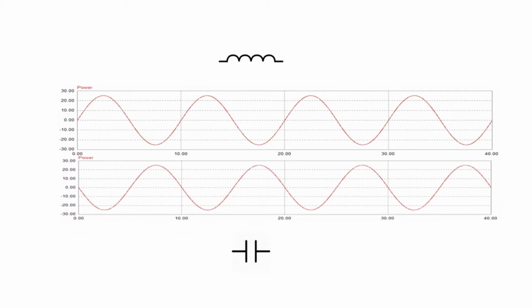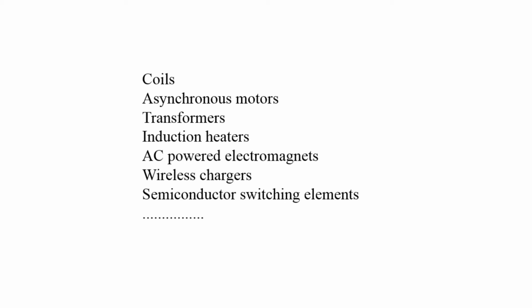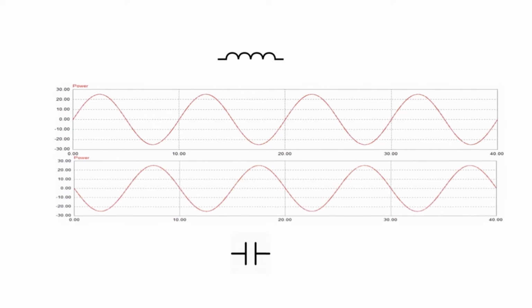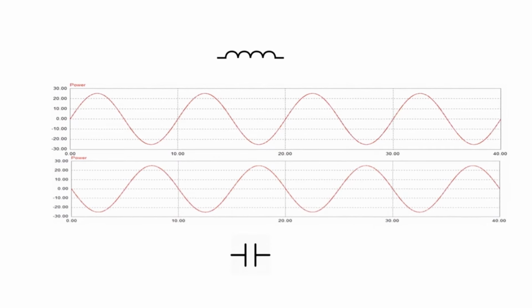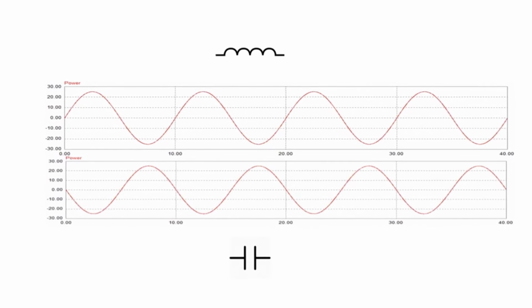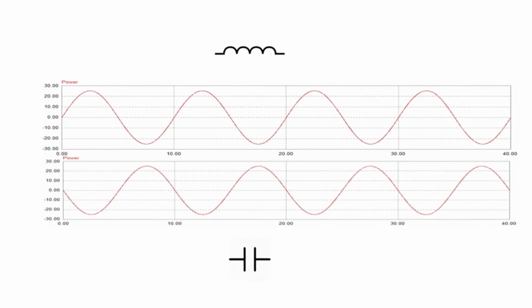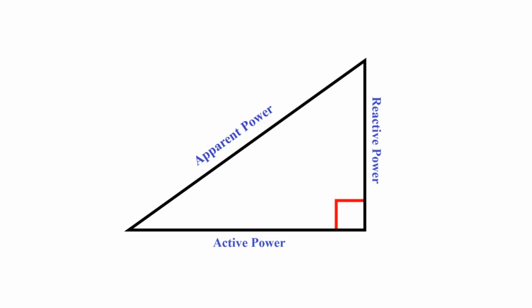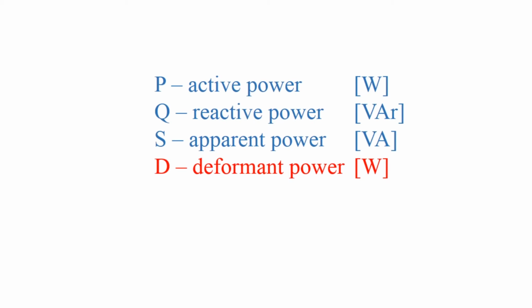As a rule of thumb, inductive circuits like coils, induction motors, transformers and so on need reactive power in order to magnetize their magnetic cores. Therefore, we say that inductive loads consume reactive energy from the grid. On the other hand, capacitors generate reactive power and are generally used for power factor correction, but more on that in another video. In essence, active, reactive and apparent power form what is called the triangle of powers.